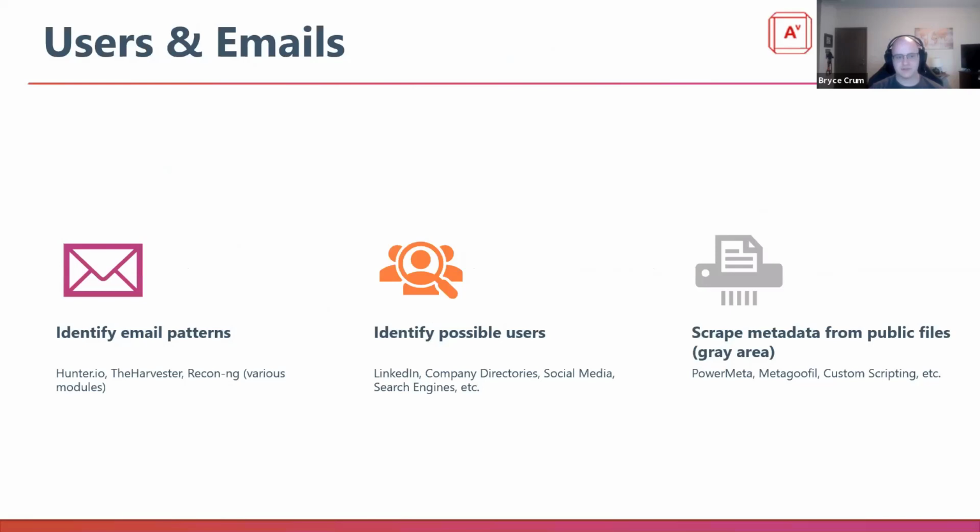So moving on to users and emails. This one's kind of in three parts. I typically break it up. The target that I typically go after first is to identify email patterns. This tends to be what I will build the rest of the list on. This tends to be what username, as if any of you are able to catch Michael Berardi's talk on password spraying, this tends to be where I'm going to build the username list that I'm going to utilize for password spraying out of. All of it depends on me identifying an email pattern typically. Taking that email pattern and applying the identified users, which comes in the next category, that generates the list.